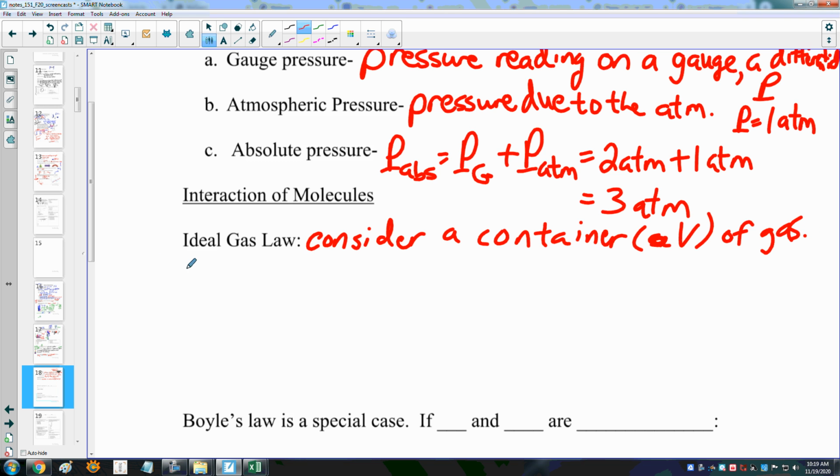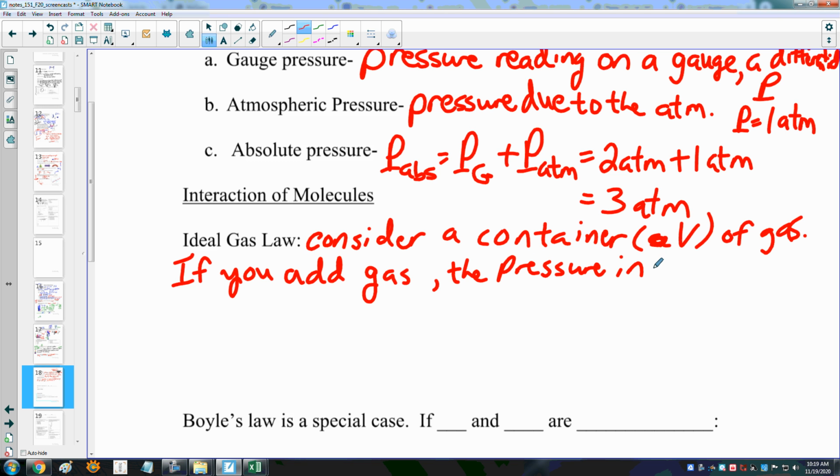If you add gas, the pressure increases. And when I say add gas, I mean that I increase the amount of gas, for which I'm going to use N to represent the number of gas molecules, and the pressure, I'll use P as we've been doing. So if I have a set volume of gas and I add additional gas to that container, then that raises the pressure. Because if you imagine, I have this container, if I only have 4 particles in there, and then